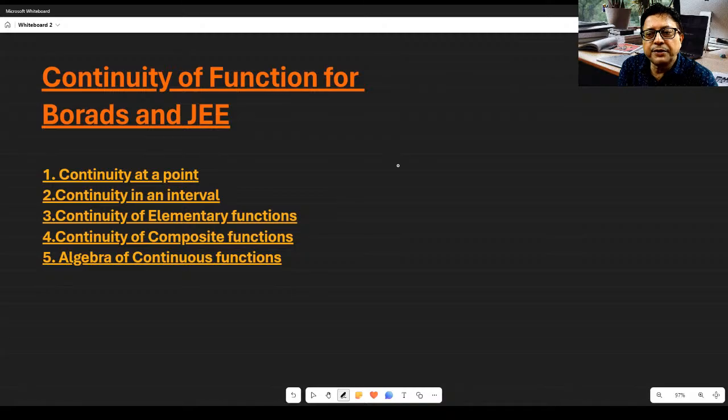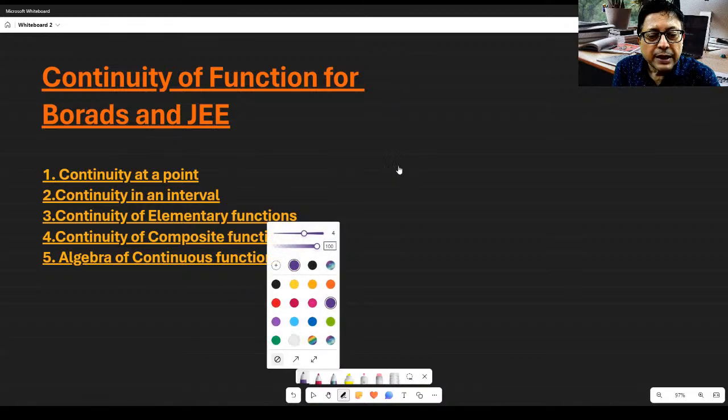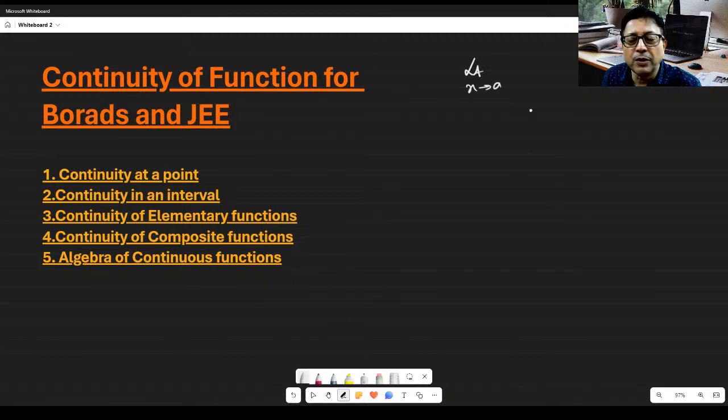In this chapter of continuity, limit plays a very important role. Role of limit is very important here. Why have I told so? Because just after one step of limit, the concept of continuity will arise. I can state it in this manner. You have seen limit x tending to a. I hope all of you are good at calculation of limit, although I am going to remind you of some important limits. Then you will start the concept: limit x tending to a f(x) exists